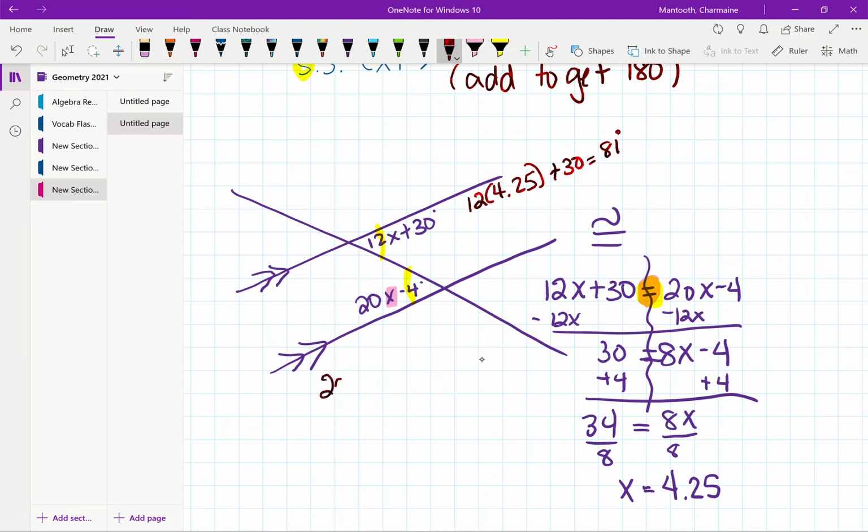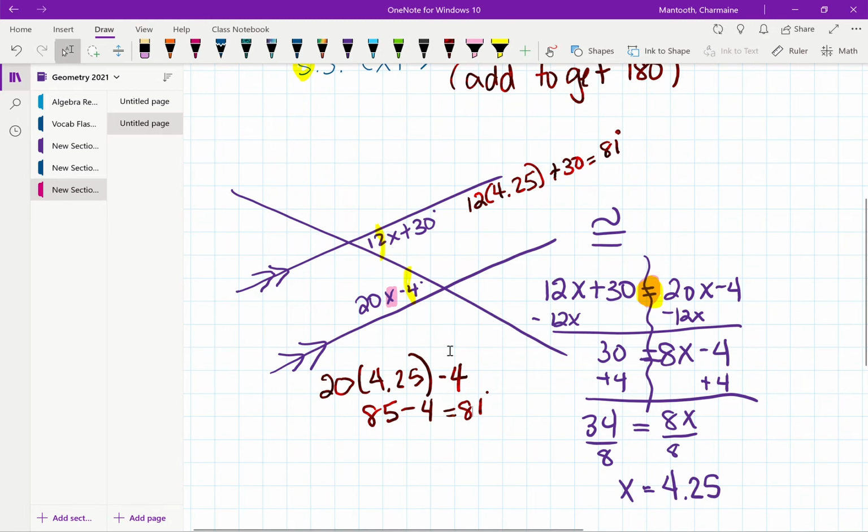So 20 times 4.25 minus 4. 20 times 4.25 is 85, and 85 minus 4 is equal to 81 degrees. So the angles did end up congruent, so I did get a good answer. But again, it was based on the understanding that these two angles had to be congruent because the lines are